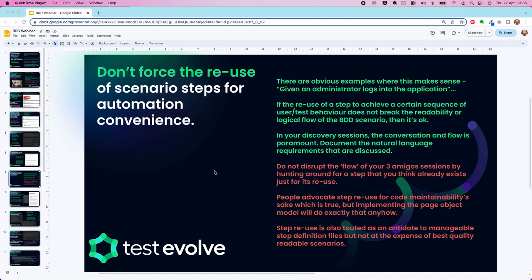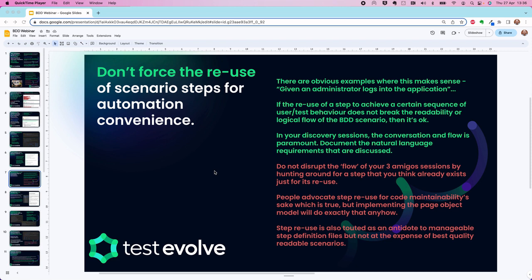Now this is an obvious example where, if you've drafted that step within your first written BDD scenario, and then you're drafting subsequent scenarios, it probably makes absolute sense that you could reuse that scenario step in subsequent examples. And that's okay, right? If it doesn't break the readability or the integrity, the logical flow of the BDD scenario, because we have seen examples